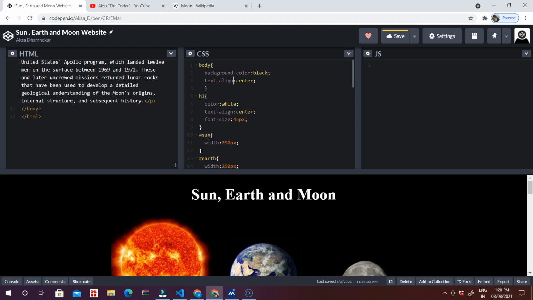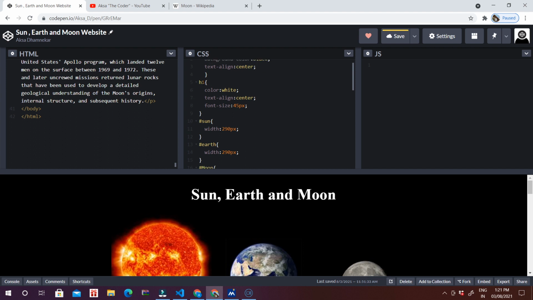Make sure never to put a dash, equal to, or anything like that instead of this. In the same way you need to write in the CSS, and there should be curly brackets. The thing you are coding should be the name, but the values you can change. Background color black, you can change this. Then I have closed the curly bracket and opened the H1.